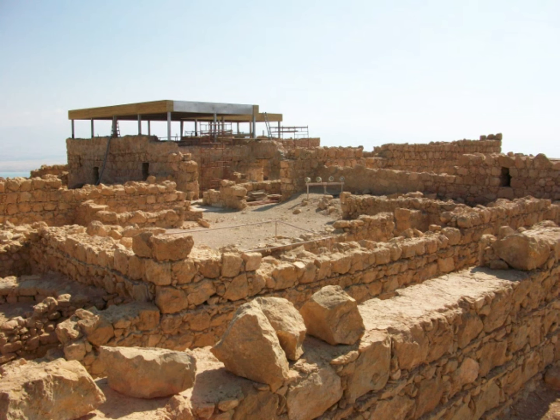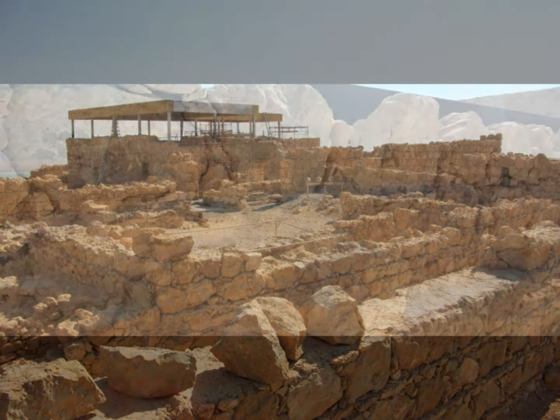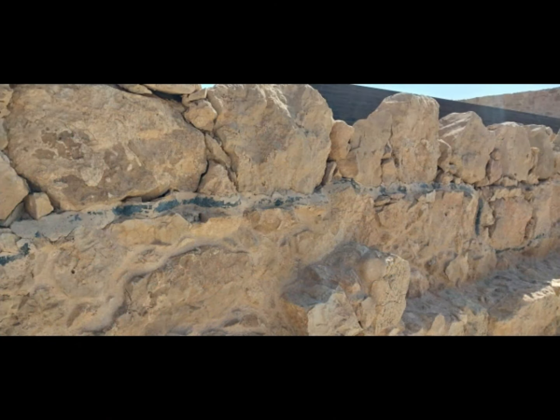So right now we're going to go into the palace. We're going to see some of the mosaic floors and some of the life that Herod afforded himself. And then we're going to come back here and we're going to learn about the rebellion. Any questions? As we enter into the palace, you'll see this black line. This is the reconstruction line. Everything below the black line is how the archaeologists found it. Everything above it was reconstructed using the rocks that they found right next to it on